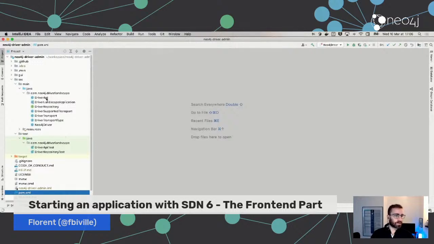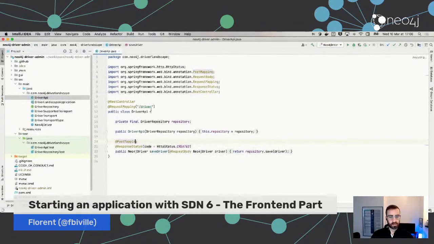And then, let's maybe start with the API this time. I have something very simple for now. I only have the save API. So at some point, I will probably have a read API that will allow me to fetch a list of drivers or list of projects. So far, I've focused on drivers, which is a bit restrictive with the scope of the final application I want to do,